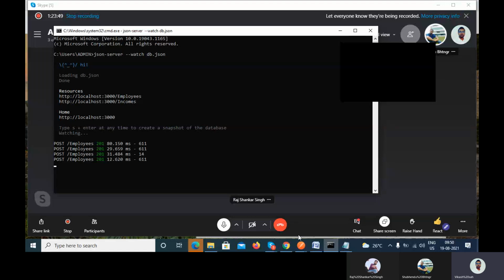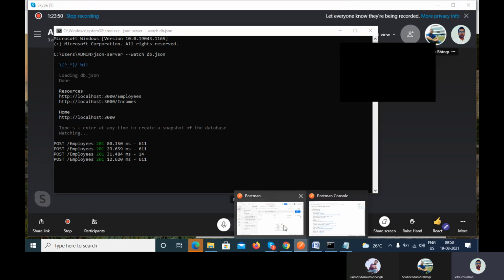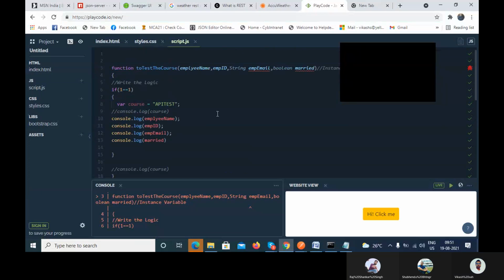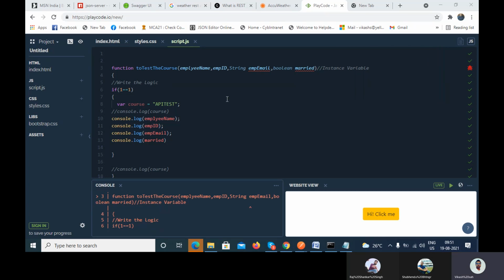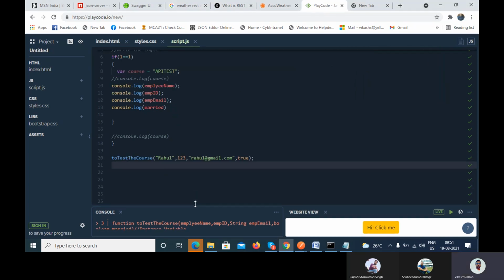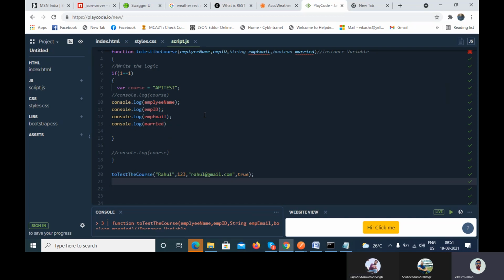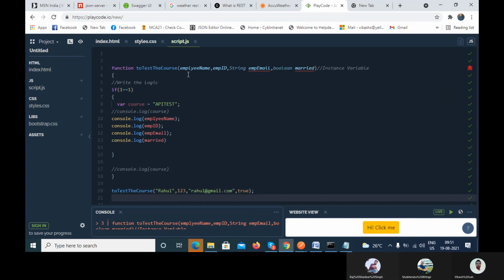So where do I have to go? In that website there was one program, a JavaScript program. In it you were passing a parameter like test, and in the parameter you were taking a value. In this function to test the course, if you pass only one parameter,